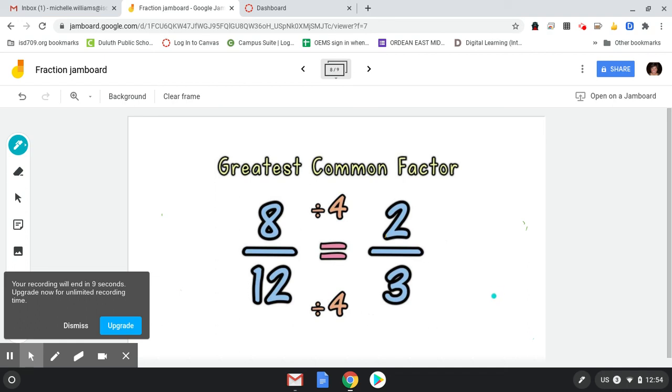So a reminder on how to simplify fractions. We will be dealing with fractions for quite a few weeks, and we always have to